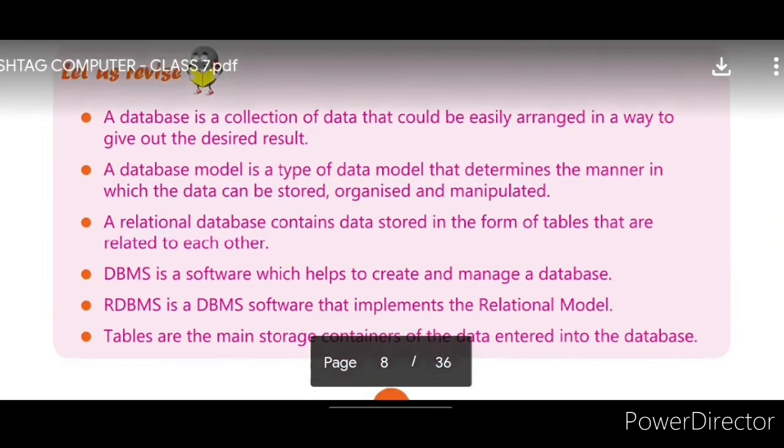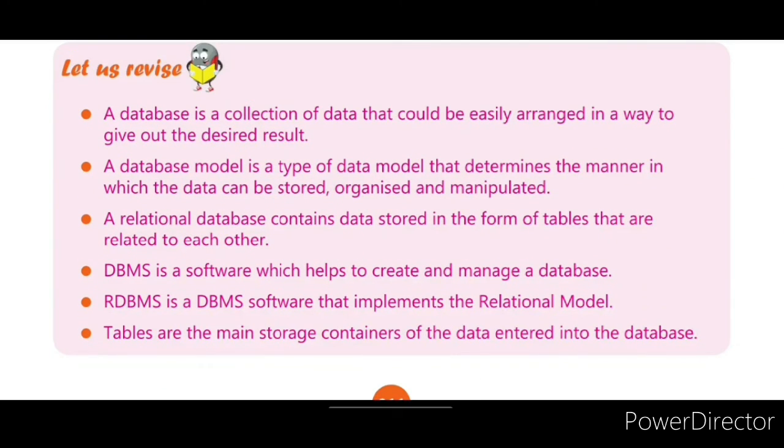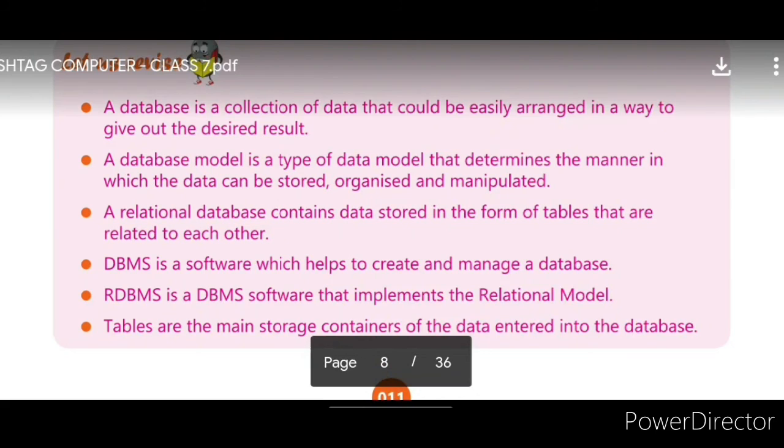It's a type of data model which determines how to store, organize and manipulate the data. A relational database contains data stored in the form of tables that are related to each other. DBMS is software which helps to create and manage a database. RDBMS is database management software which implements the relational model.